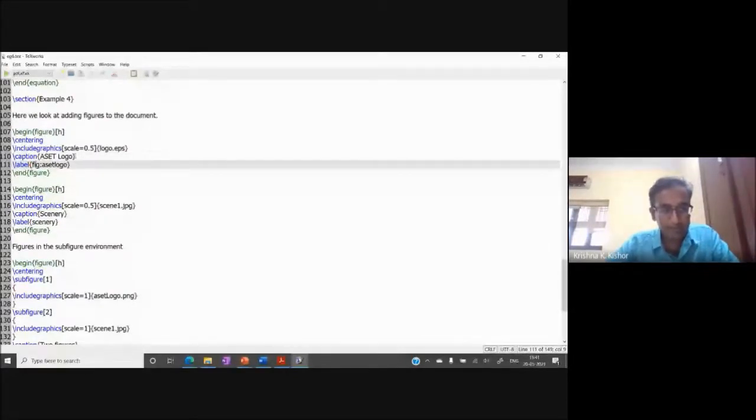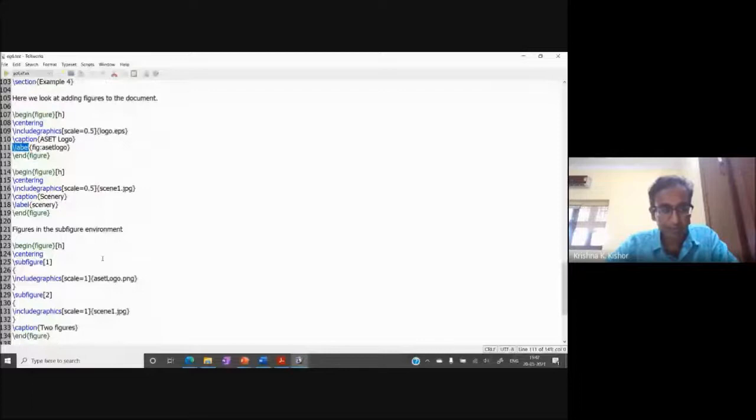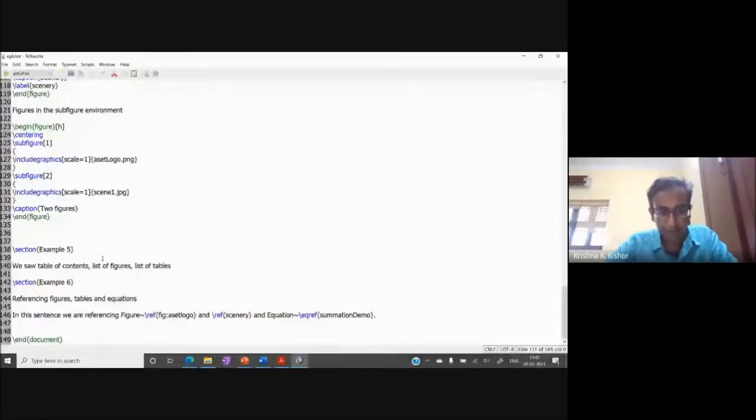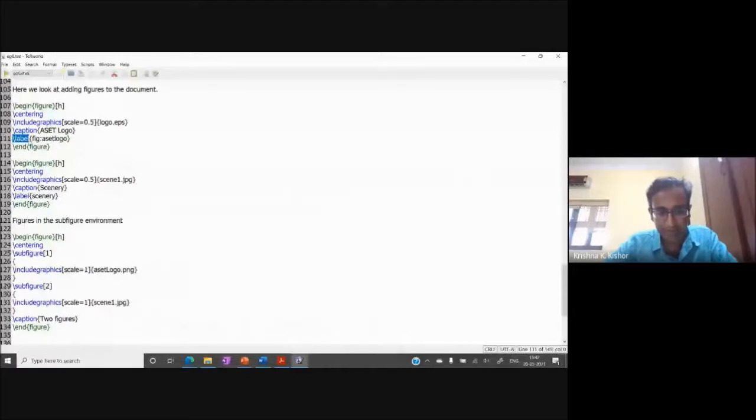The label is fig asset logo. Figure is not necessary, it's just for my convenience, a style I follow. So I have labeled that figure here, and I'm going to reference it in my paragraph as asset logo.